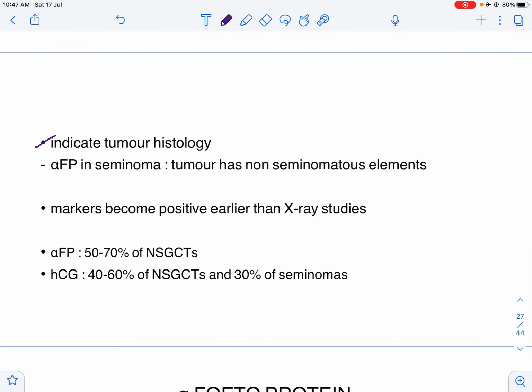For example, seminomas do not have any specific tumor markers, but alkaline phosphatase may be raised in seminoma. Now, supposing I get a patient, I think it is a seminoma, and I plan to do an orchidectomy for that patient. But if I send a tumor marker profile prior to the surgery and it comes out with alpha fetoprotein raised, then that would mean that the tumor is a mixed tumor, and along with the seminoma, it contains some other component, probably a yolk sac tumor, because alpha fetoproteins are most commonly raised in yolk sac tumors.